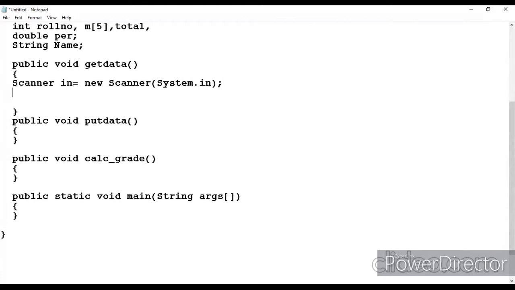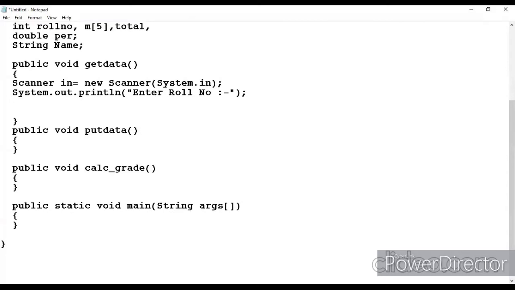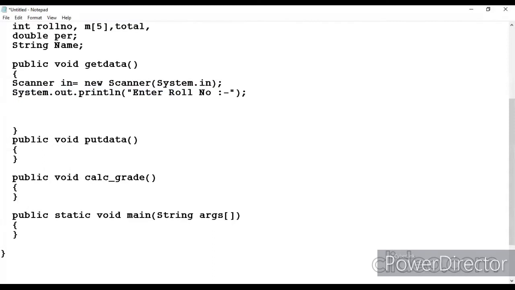Now you have to give messages: roll number you have to input.